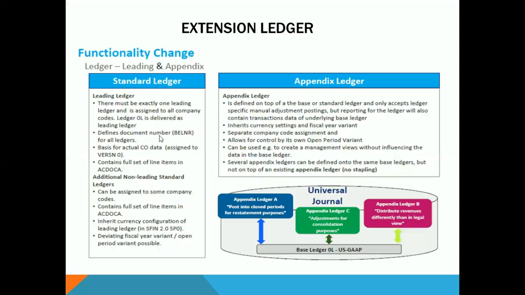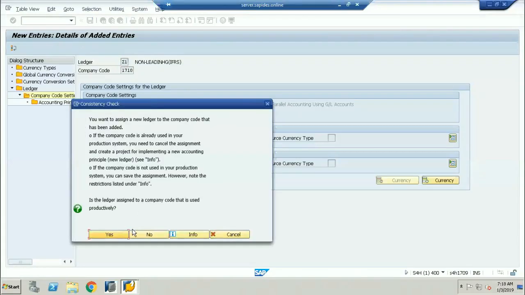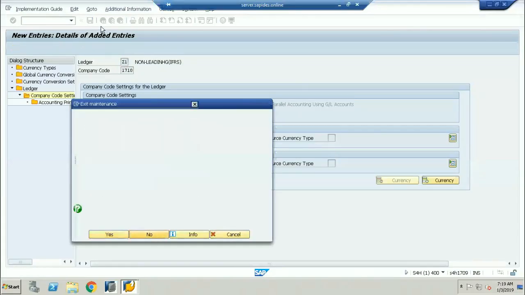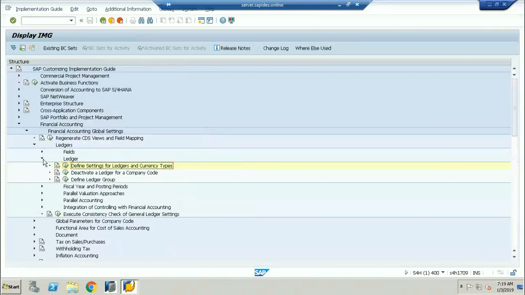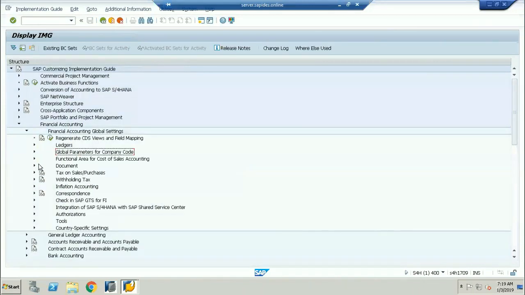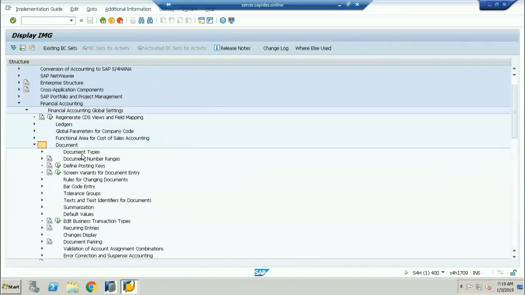If you see, define document number ranges for all the ledgers, see here. There is a separate, specific type of setting. Here we can have different document types with the document number.